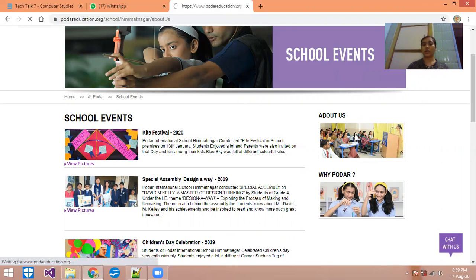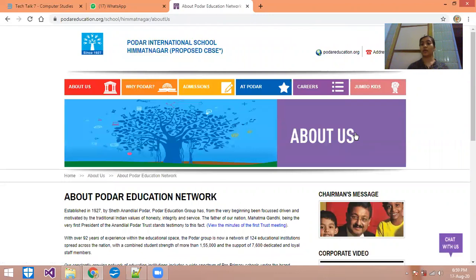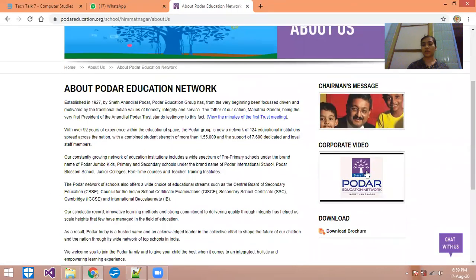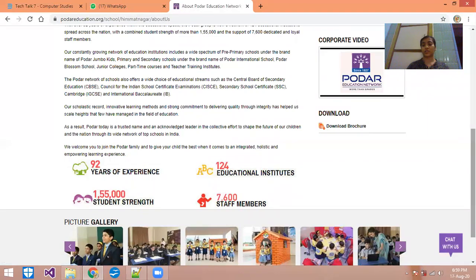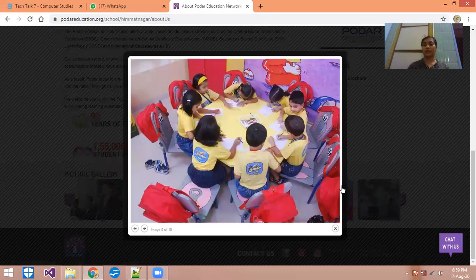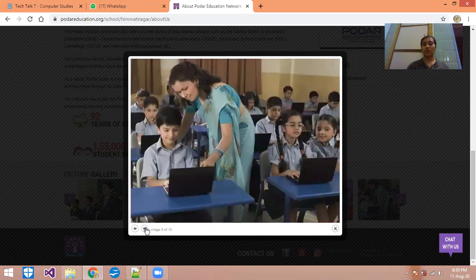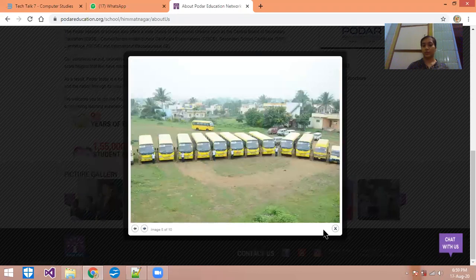Whenever you click on that, it will also open another page that is related to the previous one. वो previous one के साथ थोड़ा related रहेगा लेकिन पूरा different होगा. यहाँ पे भी आप देख सकते हो कि different different यहाँ पे आप देख सकते हो. यहाँ पे है 92 years experience images. Whenever you click on that, the image will open differently. If you want to change it, you can see the changes also here.